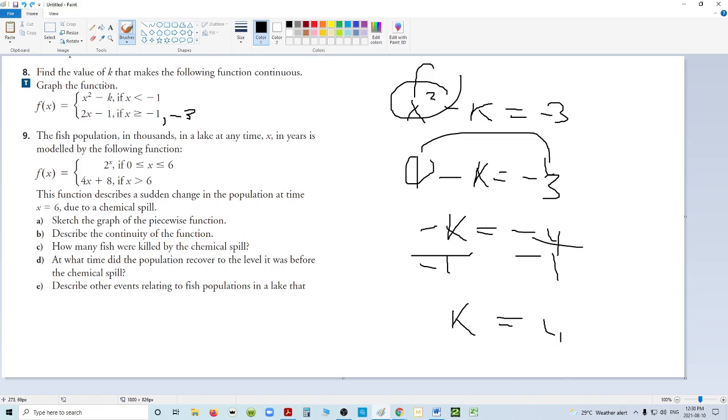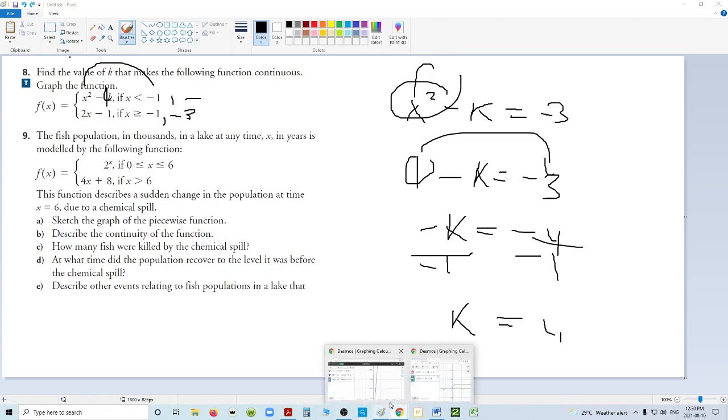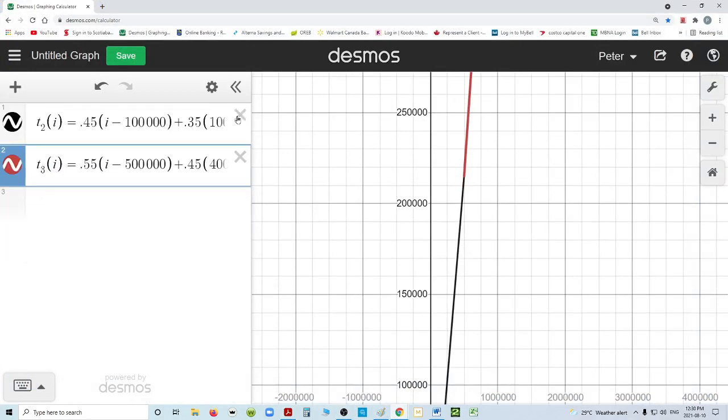Let's test that out. Let's say that's x squared minus 4. So we're just dealing with a parabola that's lowered by 4. When x is minus 1, we get 1 minus 4, and it ends at minus 3. When x is minus 1 here, we get minus 2, minus 1, minus 3. So sure enough, when k is 4, these two graphs will be continuous, and you can always use Desmos to make sure. I hate to get rid of that income tax graph, but